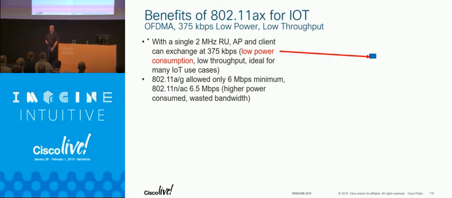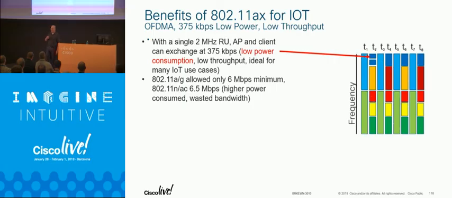So with a single 2 megahertz RU at long distance at low data rate, I can pop 375 kilobits per second. I can get up to a meg at a closer distance and a higher data rate with a 2 megahertz RU. So that's not chintzy capacity. Keep in mind, everything in Wi-Fi is about latency, right? When you get 2 megabits per second, you get a lot of packets in a second. So there are little bits of data going out that actually add up to that speed.